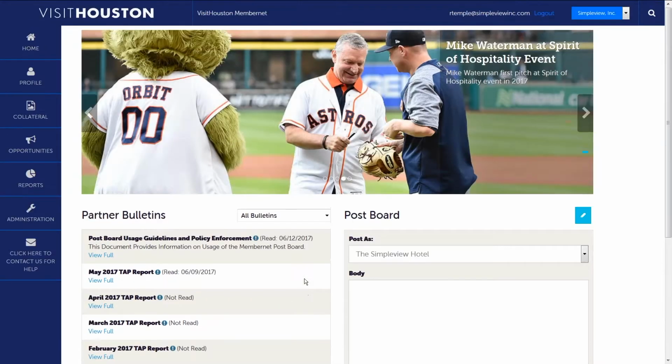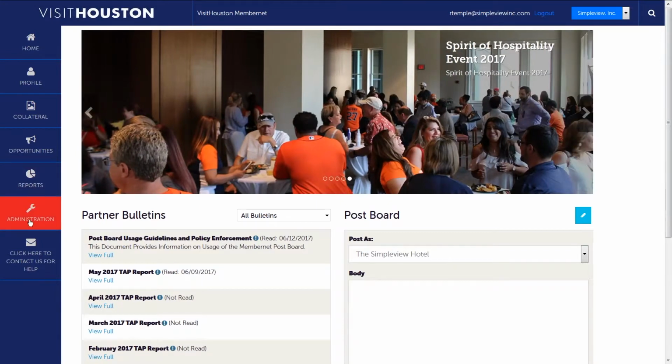All right, so scrolling back up to the top, we have the profile, collateral, opportunities, reports, and click here to contact us for help. Each of these menu items that you're seeing here on the left-hand side will show up specifically for you based off of the access you have granted. You will never have access to administration, so if you're wondering when you log in on Monday why it's not there, it's because you should not have access. I have specific access that grants me the ability to see this, so just know that you will not see that. And now what we're going to do is we're going to go through each one of the items within